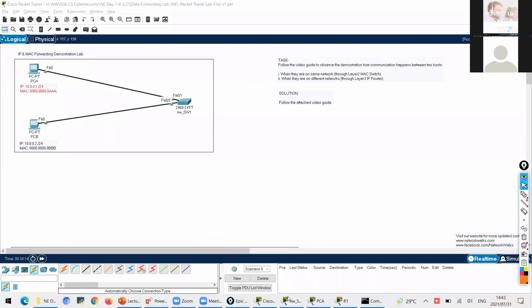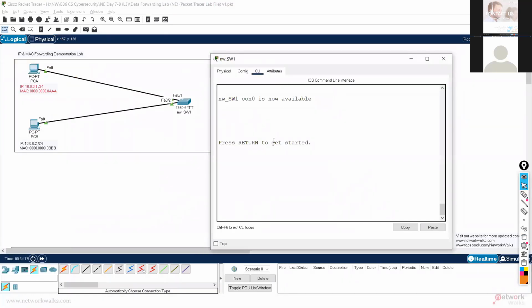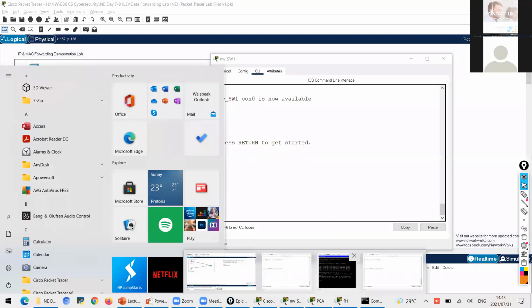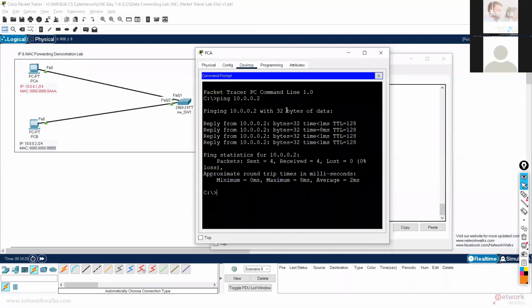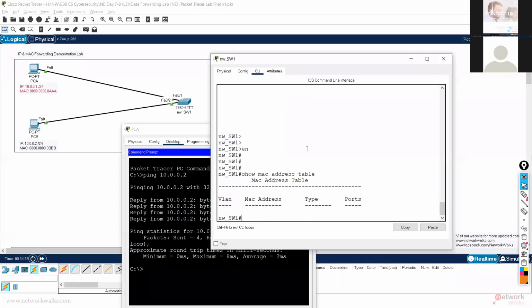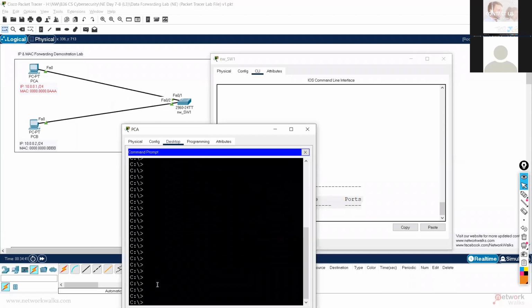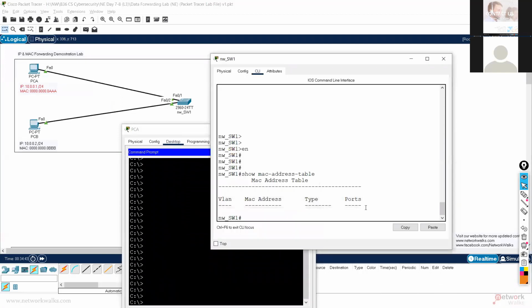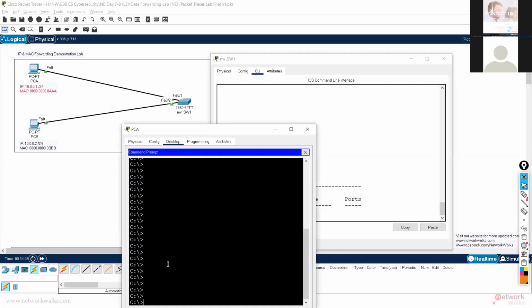Okay, we are here in this scenario, the same thing which we have just done, right? We are in the computer. So initially, this is the switch. Enable, show mac-address-table. Is there any entry? Why there is no entry? Because there is no communication happening. There was an activity earlier, but after 300 seconds, it clears its table to avoid mistakes. So now we need to do an activity again.